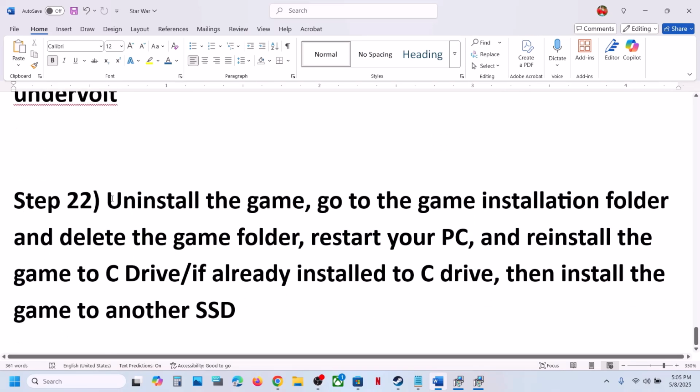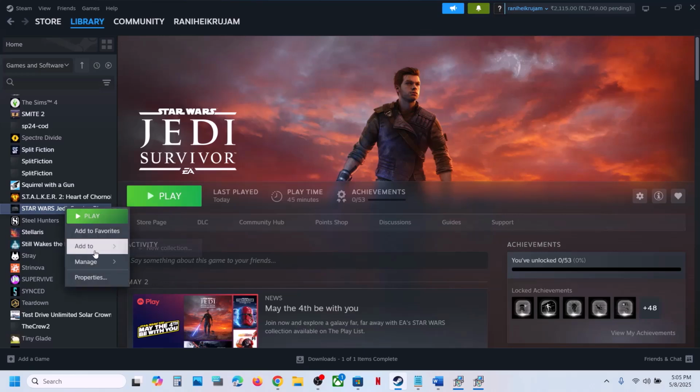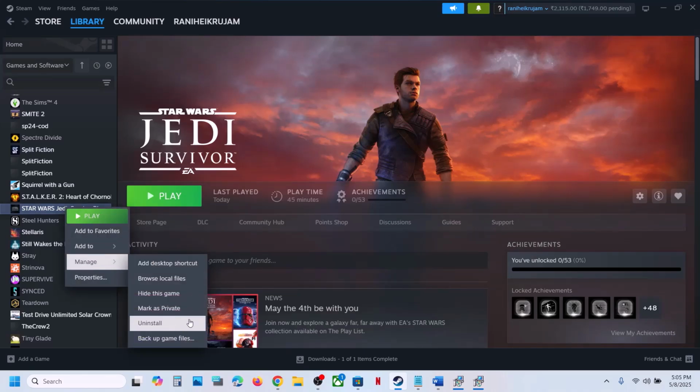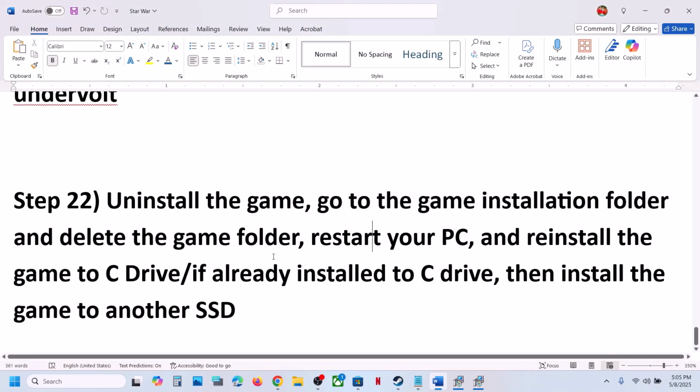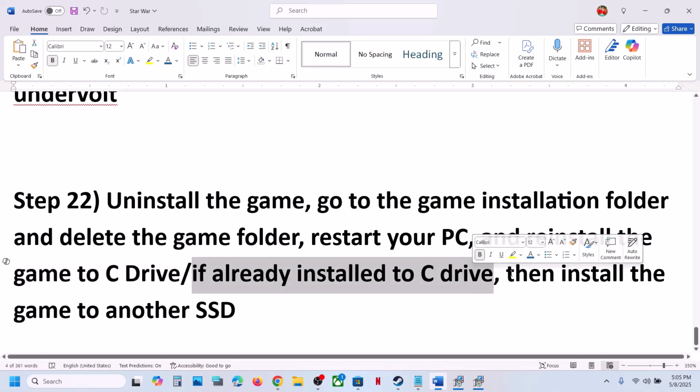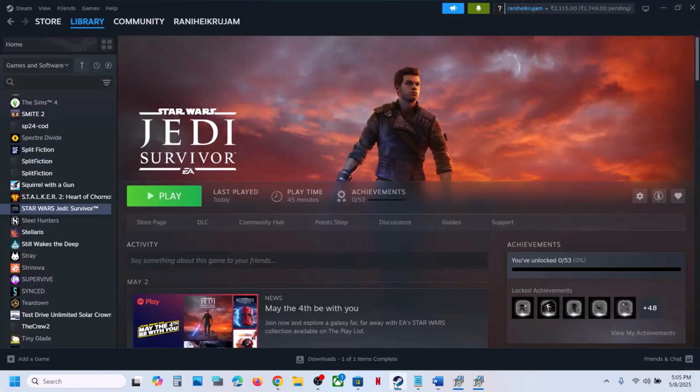The last step is to uninstall and reinstall the game to different drives. So if nothing is working, you can simply make a right click on the game, select manage, click on uninstall. Now after the uninstall, go to the game installation folder, delete the game folder, and then install the game to C drive. So if the game is installed to different drive like E drive or D drive or any other external drive, try to install the game to C drive and then check. If the game is already installed to C drive, then try to install the game to another SSD and then check. So one of the steps shown in this video should help you to run this game successfully on your